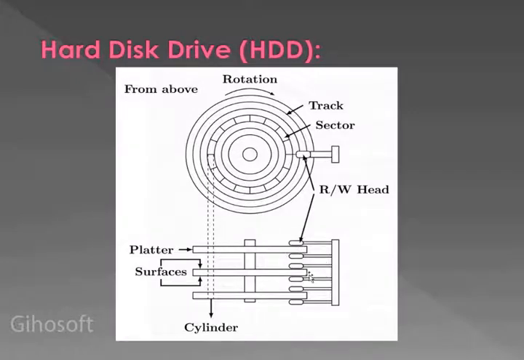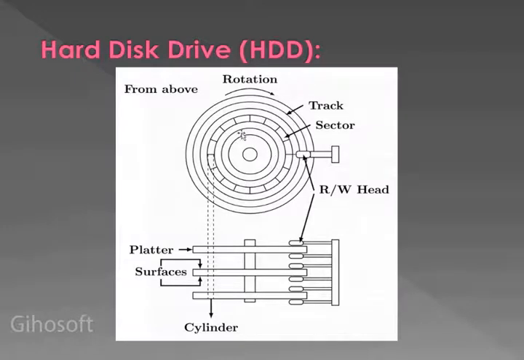Data can be written on top of it as well as below it. If you view it from the top, this is a circular disk, and each circular disk is logically, not physically, divided into